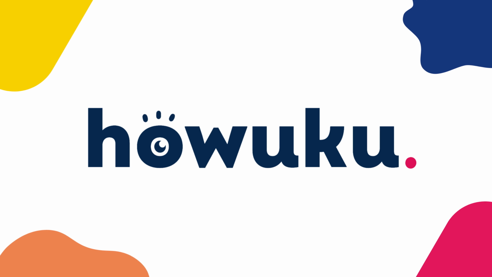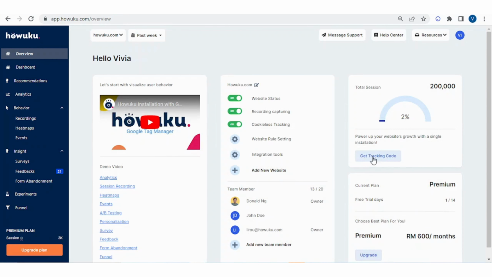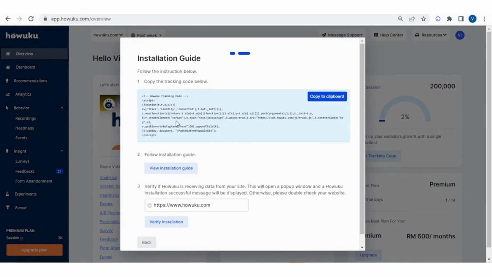Welcome to Howuku. In this video, we'll show you step by step how to install the tracking code for Howuku in Wix. First, you need to have a Howuku account and a Wix account. Then, navigate to the Howuku dashboard to get the unique tracking code that you'll need to install on your Wix